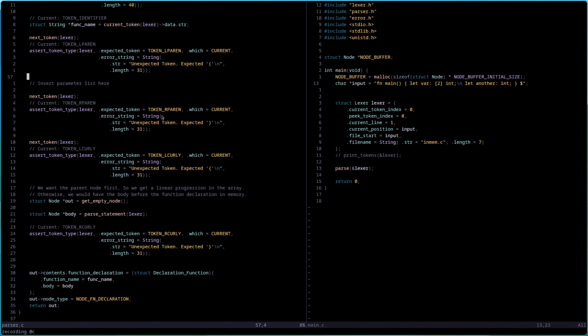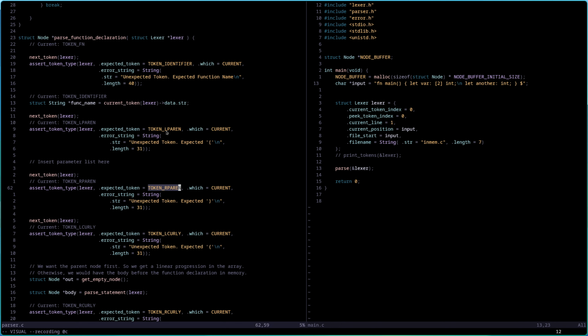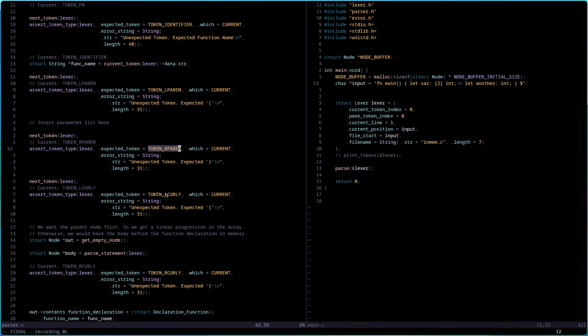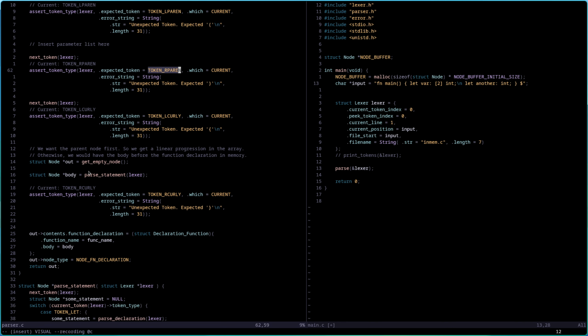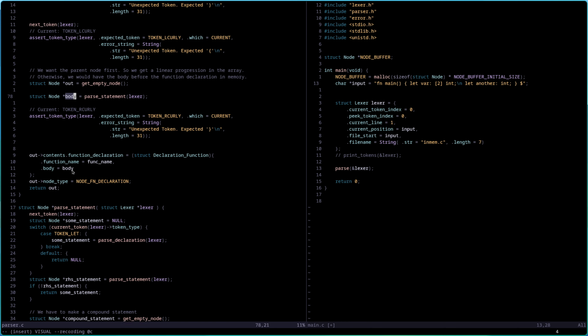So anyway, you just go through them. Then I want a left paren, right paren. Oh, insert the parameter list here, of course, for arguments. And parse statement, which is the body.